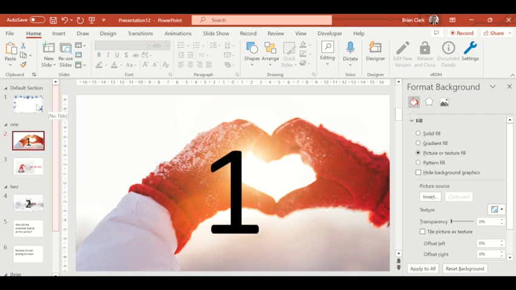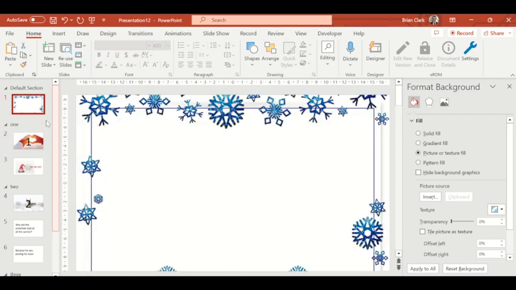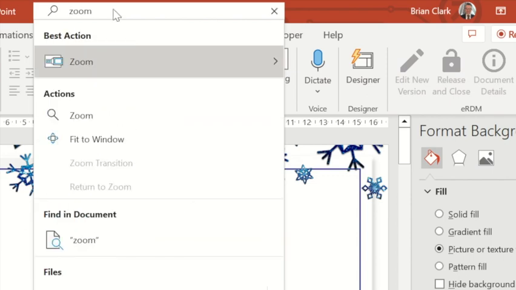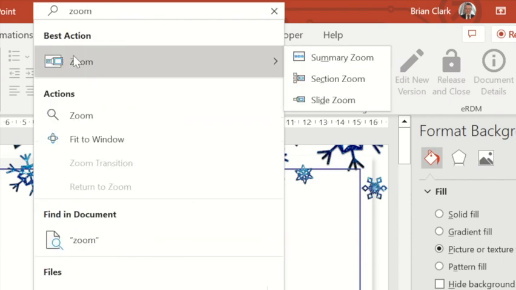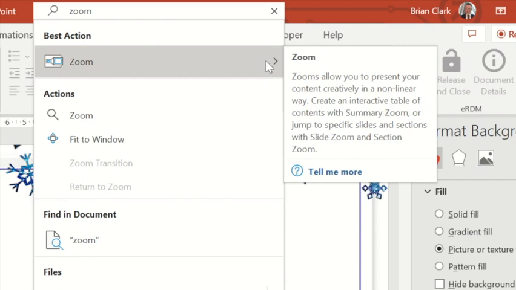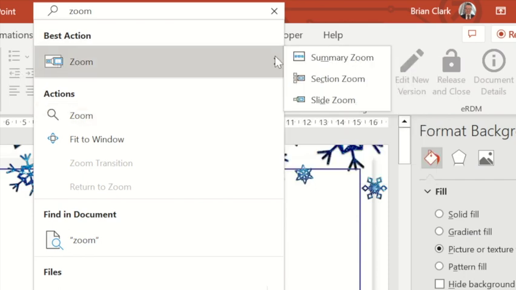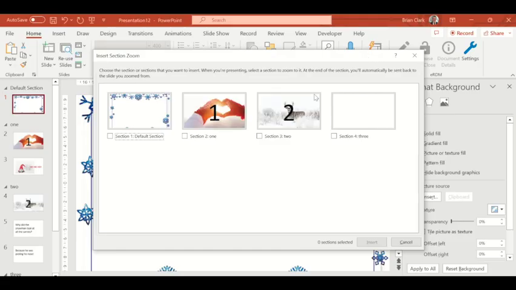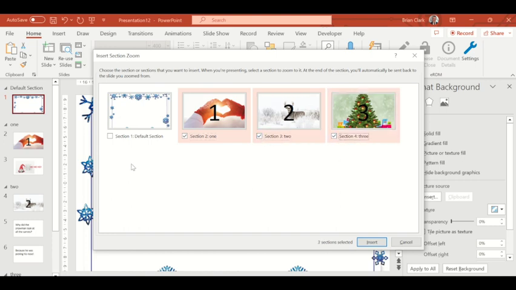So once you've done them all, you go back to your first page, and in here you're going to look for the zoom feature. So if you search for zoom, you get this action here. It says best action, and you're going to choose from this menu section zoom. And what this does, it says what sections do you want to zoom into, and I want to zoom into this section, and this section. And if you'd had more, you would choose them all. You press insert,